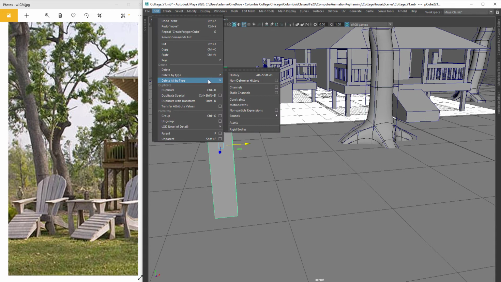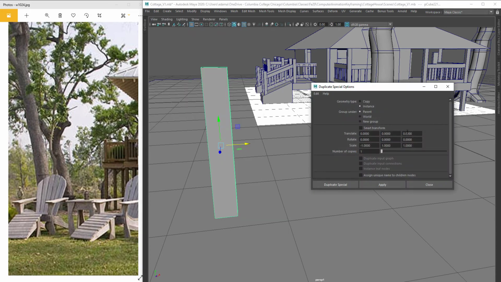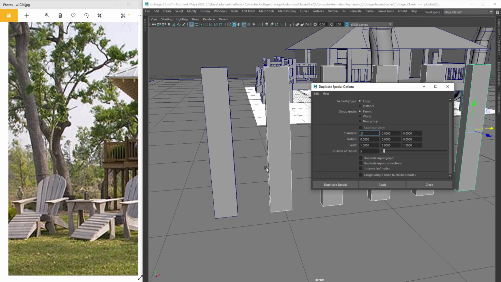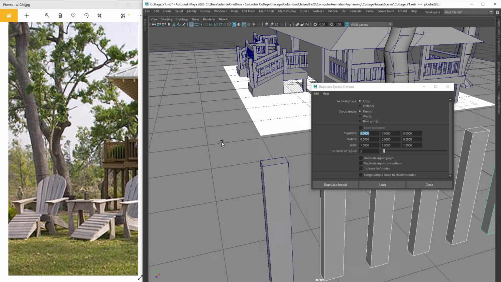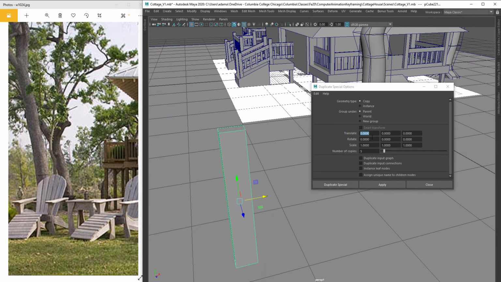I'm going to do edit, duplicate, special. Now I want to get those 5 other copies, and we're going to go 1 here. Now for the translation, I guess what we can do is, let's make sure they're copies, and we want to move it across our x-axis. Let's try 0.5 and hit apply and see what happens. That's a little too big, so let's undo that. Let's try 0.2,